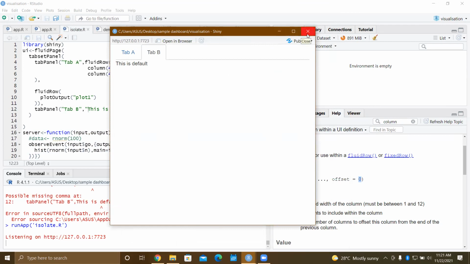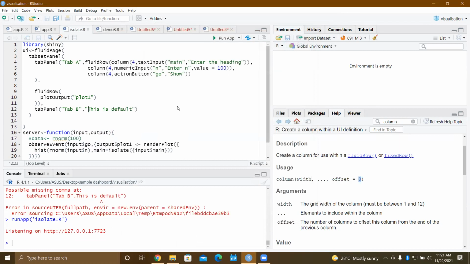All right, so these are the basic UI things, and it is not possible to teach any user interface thing because these are aesthetic things which depend on person to person. There are many things you can do, unlimited things. These are not limited to what I showed you. These are just basic things.